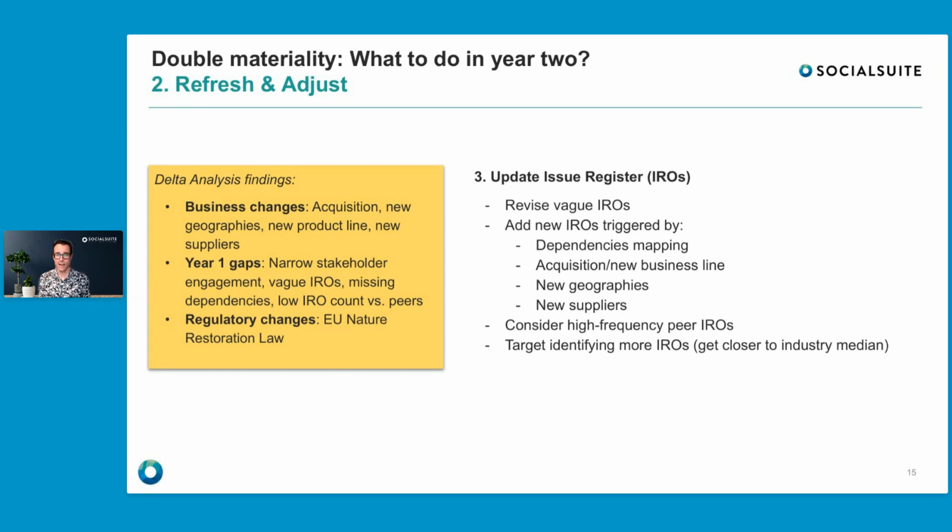And then target to identify more IROs. Now that's something in relation to what we looked at. If you, for instance, identified in year one 40 IROs, and then you found that half of them, 20, are material. That's what you did in year one. Now, doing the peer review, you find that your competitors in general and your industry in general across the board identified 200 IROs and found that, let's say, 50 to 75 of those IROs are material to them. That might mean that you're on the pretty low end there.